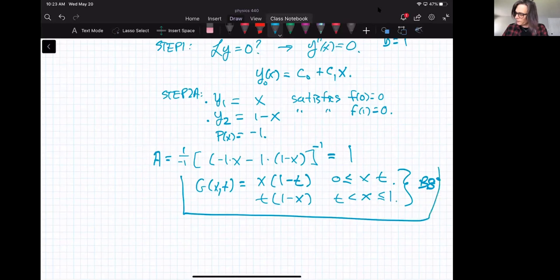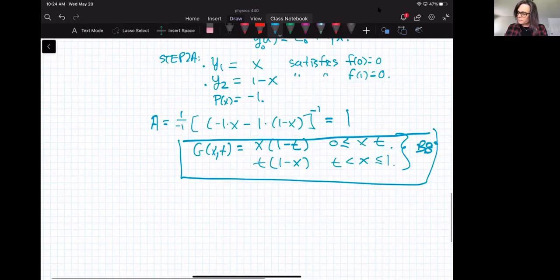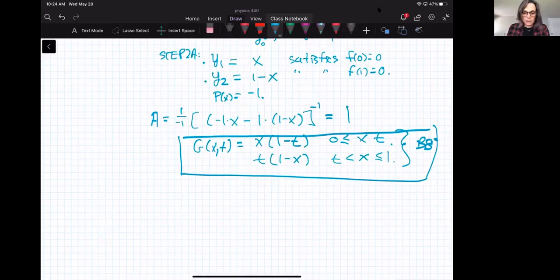Okay. Now, this is true for that linear operator no matter what f of x is. We can't do anything else until we know what f of x is. But we have what our y1 and y2 are. We now know what A is. Right? And given that,